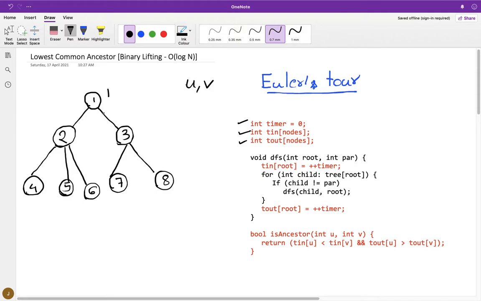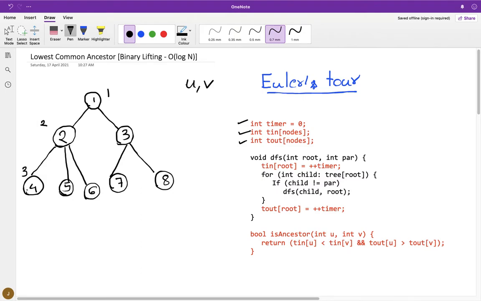Then I make DFS calls on its children, so I enter 2. When I enter 2, I mark its in time as 2. When I mark the time, I am also increasing my timer, right? Then I reach 4 at time 3.